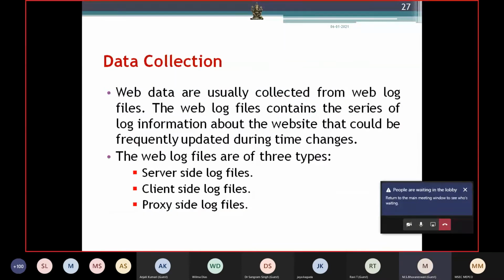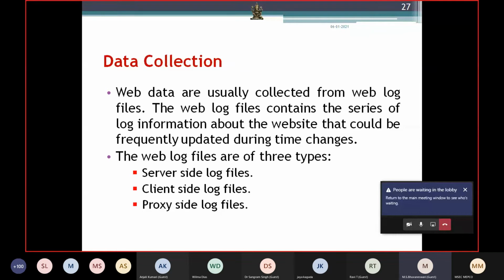Now we can move on into how we are going to collect the data for web usage mining, how we are going to process it, how we are going to get the database. Once the database is created, from that we can mine the item sets. So first, for web usage mining.